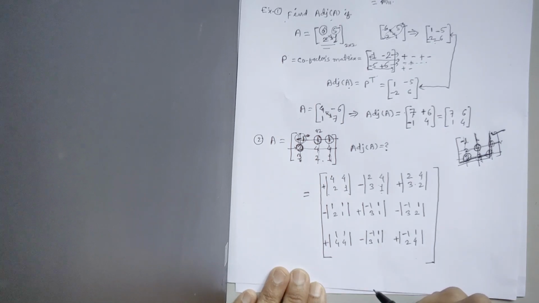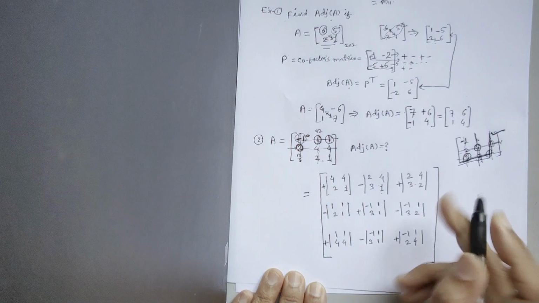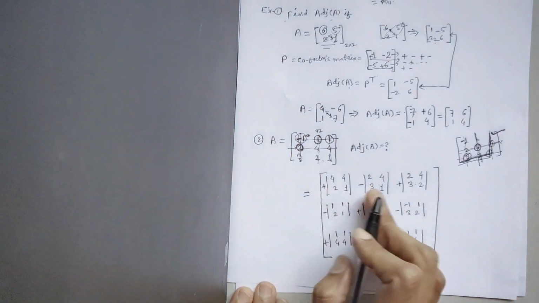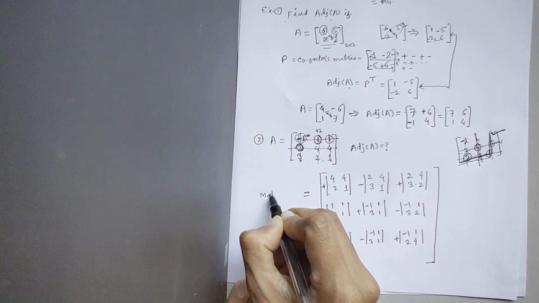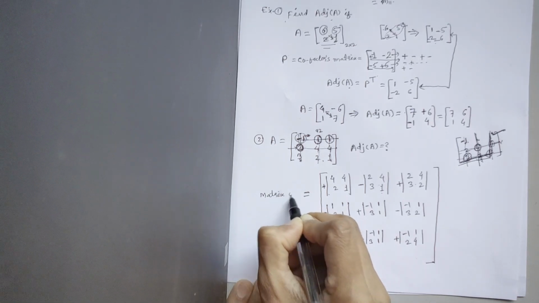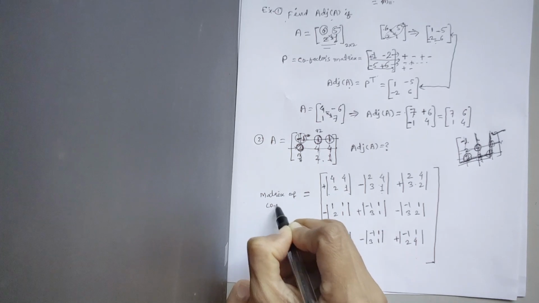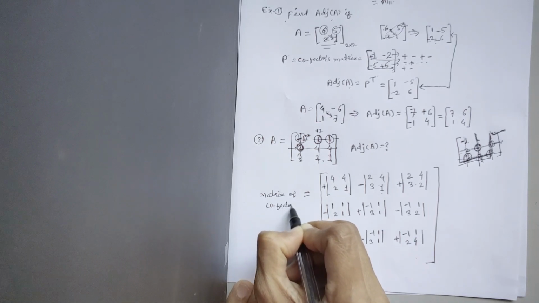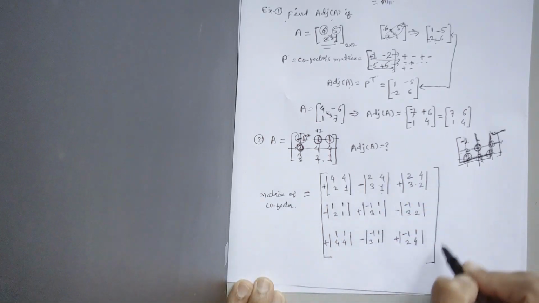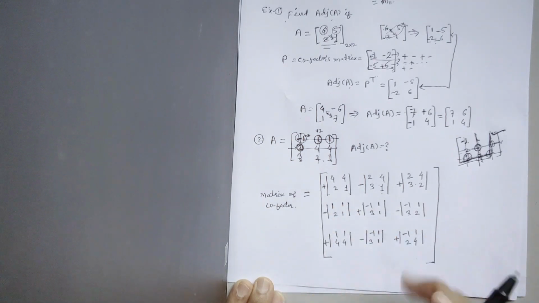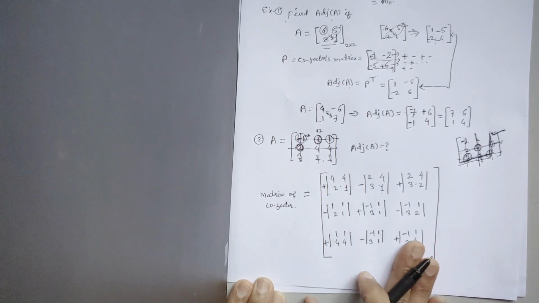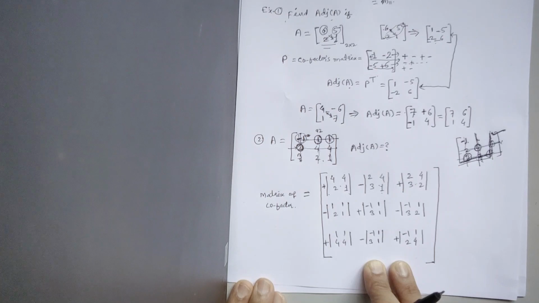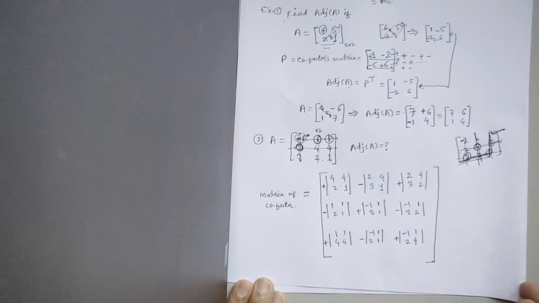Okay. So whatever this calculation is with the sign change, it is called the matrix of cofactor. Now if you are not comfortable with this big symbol and all, you can separately calculate each element and then substitute in a matrix. That is also fine. I am comfortable with this, so I'll always use this method.